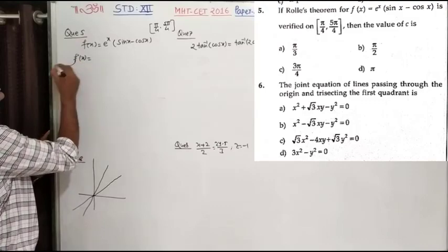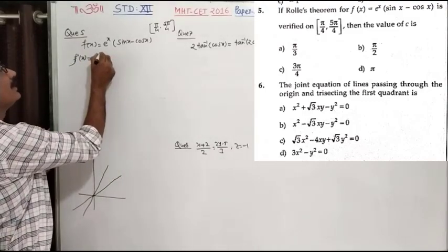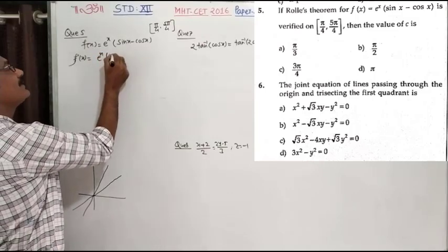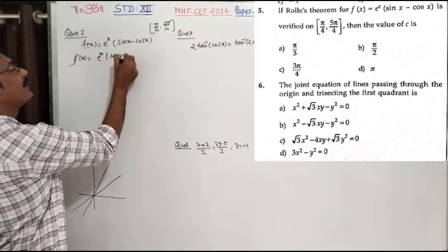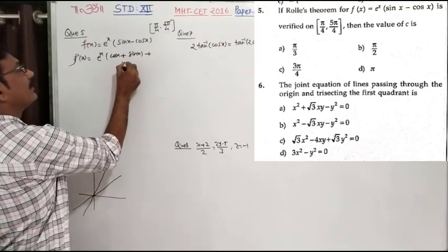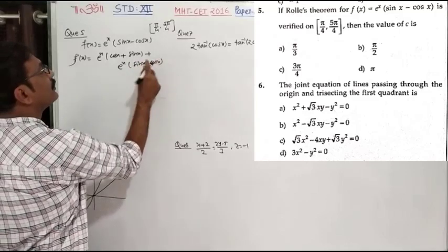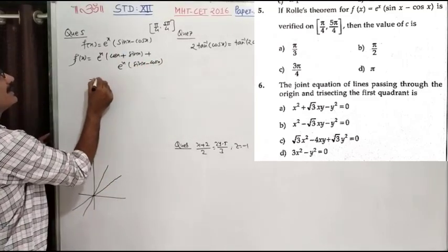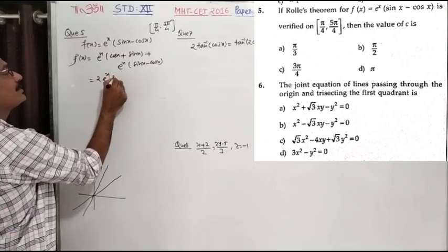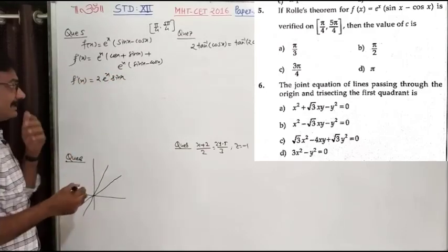you need the derivative of that. Just use u into v. u derivative of v, the derivative of sin x will be cos x, plus sin x, the same way. So minus cos plus cos cancel. It is just 2 e raised to x into sin x, f dash x.